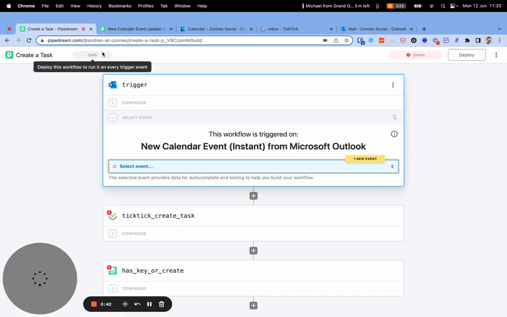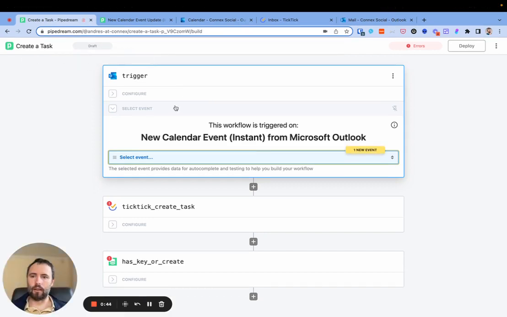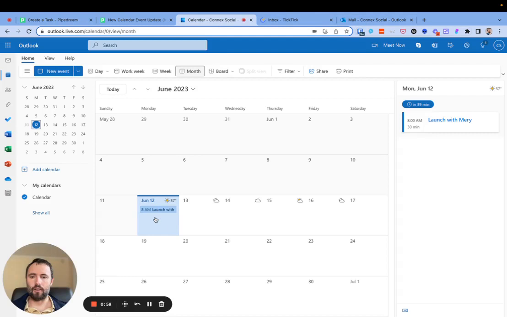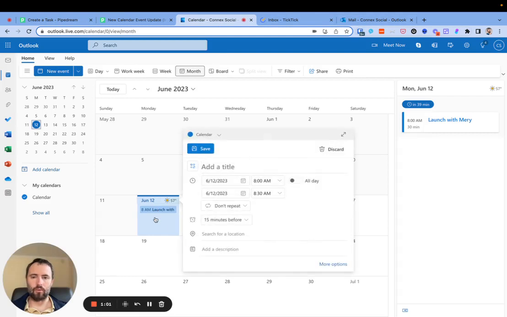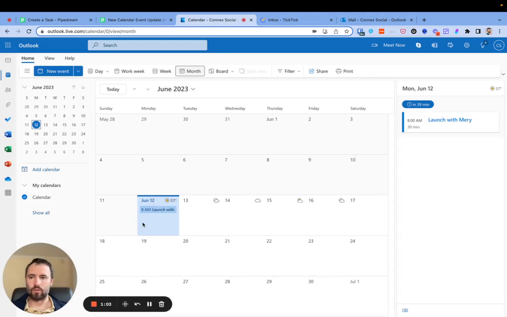free, and you can start automating. So basically, the first thing is we will set up the trigger to listen for new calendar events from Microsoft Outlook. And I just created an event here, and I can create a new one just to show you how